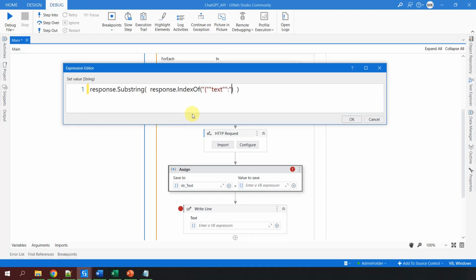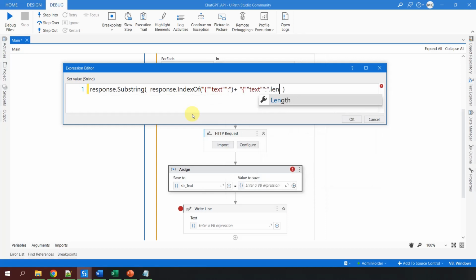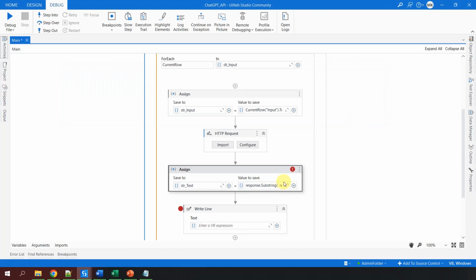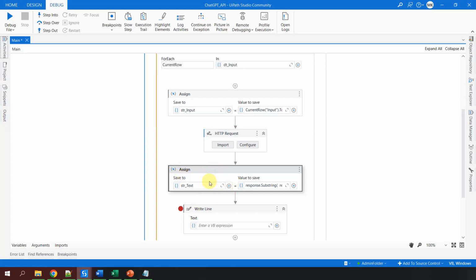Now what UiPath will do, it will simply come to this part, it will find the index of this thing, and the next thing I will hit a plus and I'll tell it that till the length of this complete thing, whatever you have pasted, dot Length, just cut short the string. I'll hit OK. Now let us see what I get as an output here. Let me see what has happened here. I think I have missed some colons. Yeah, it's good. Now if you do not understand this, what I am going to do is first run this step by step so that you guys understand